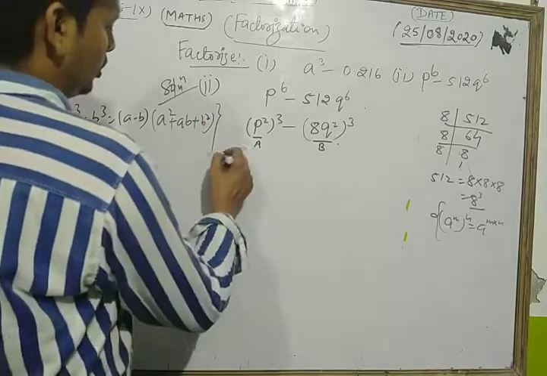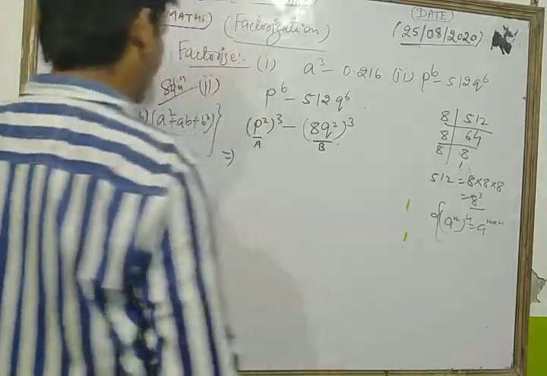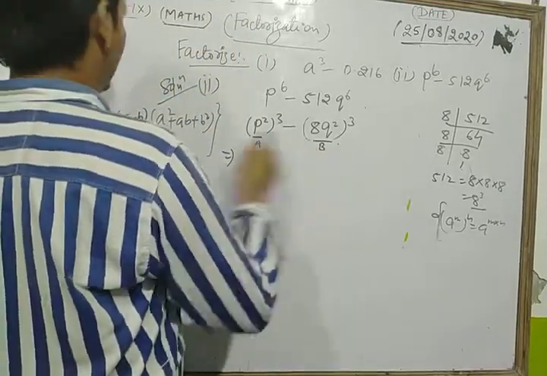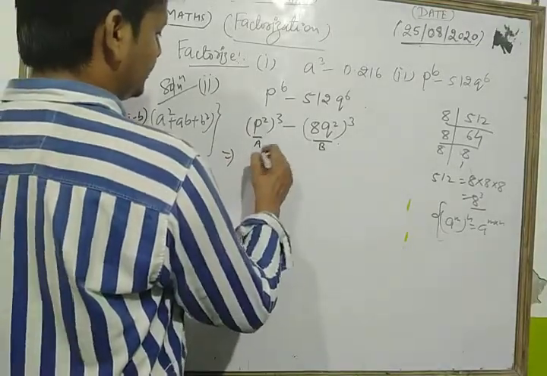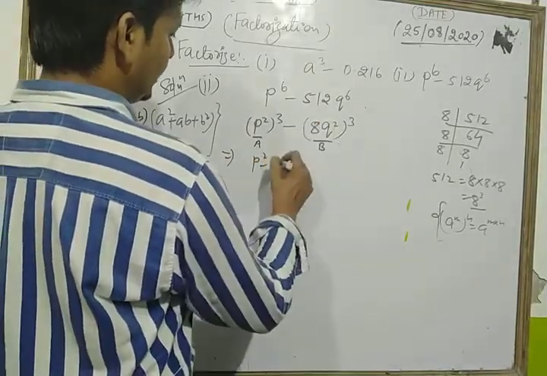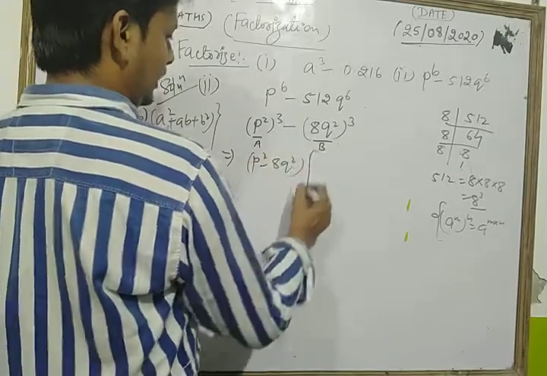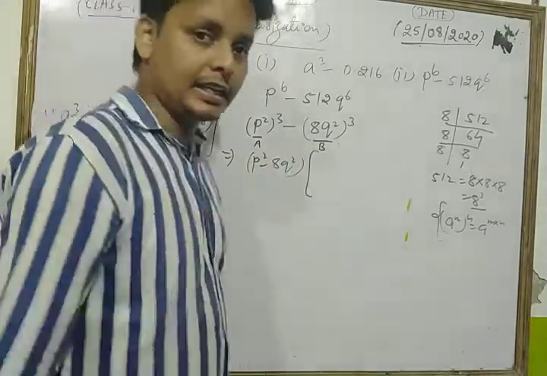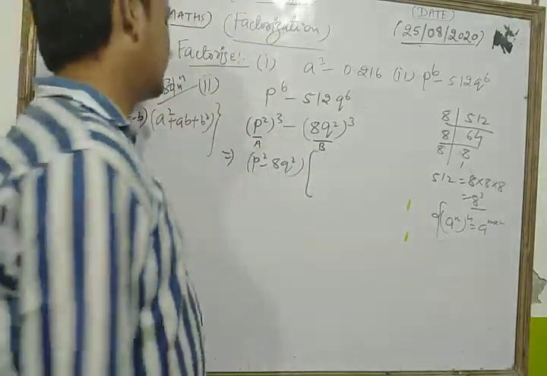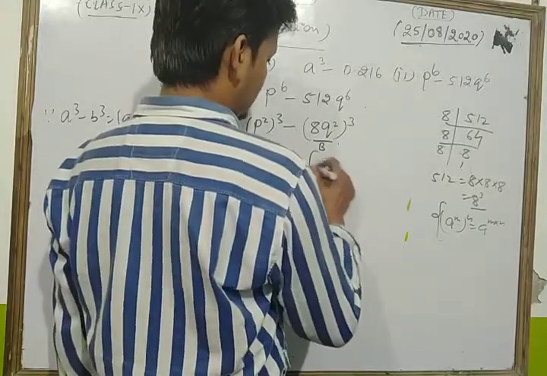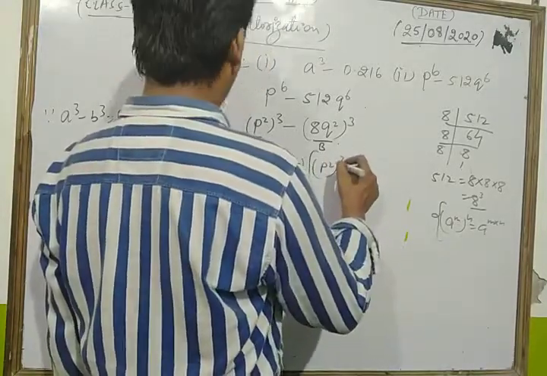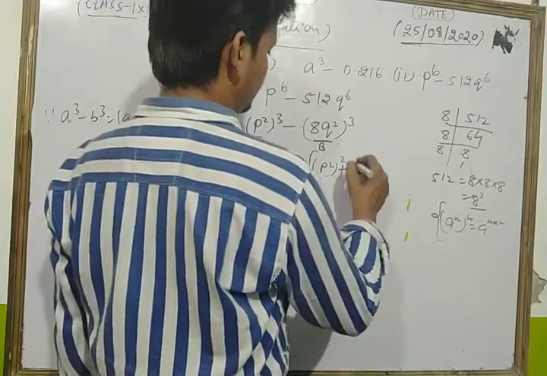Now we use the formula: a is p square, minus b is 8q square. In the next bracket we write a square, that is p square whole square, plus ab,